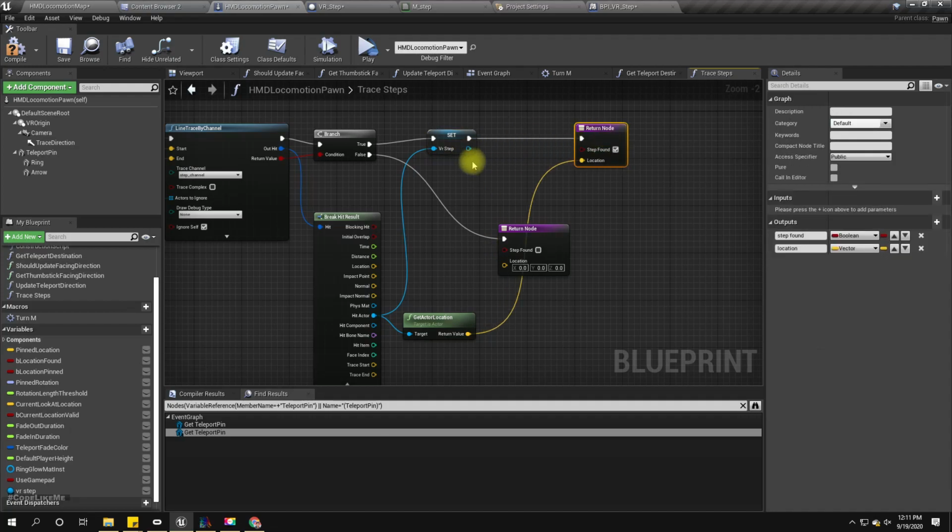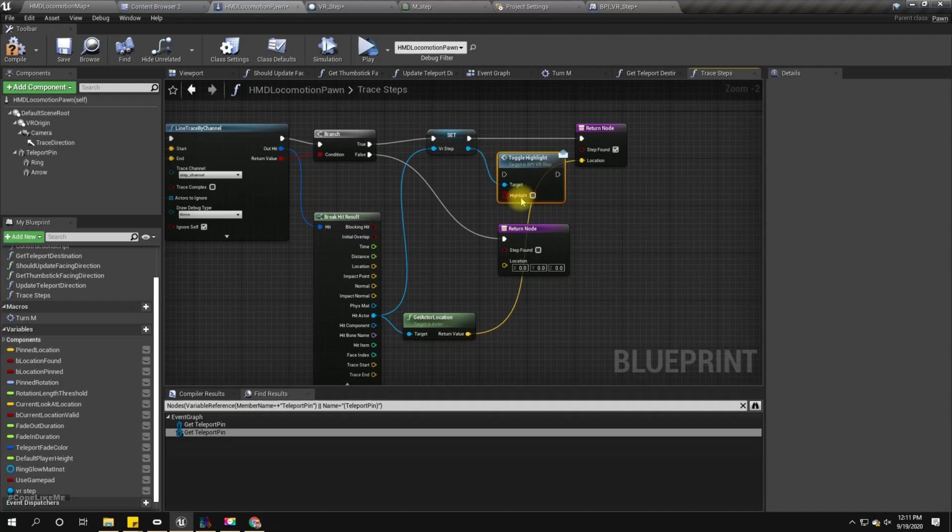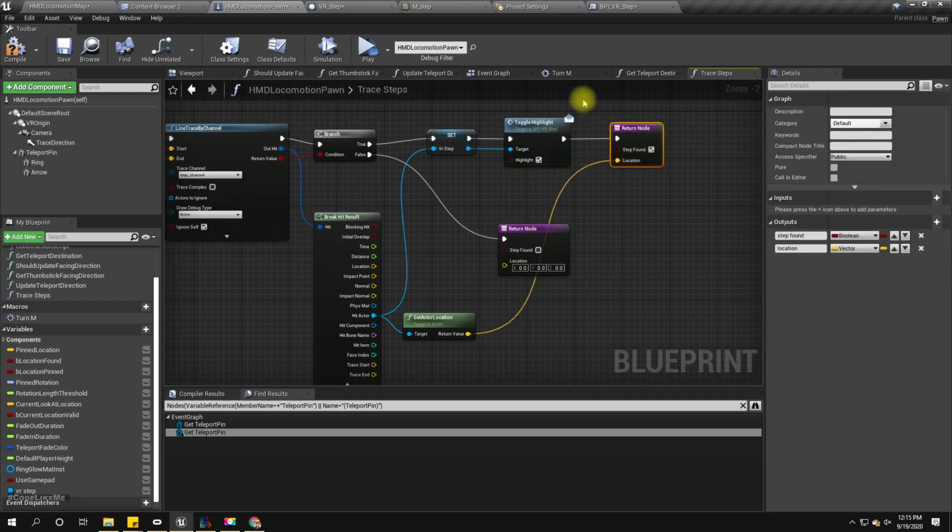Then also call toggle highlight, true. Right. Let's connect this node like this, and now